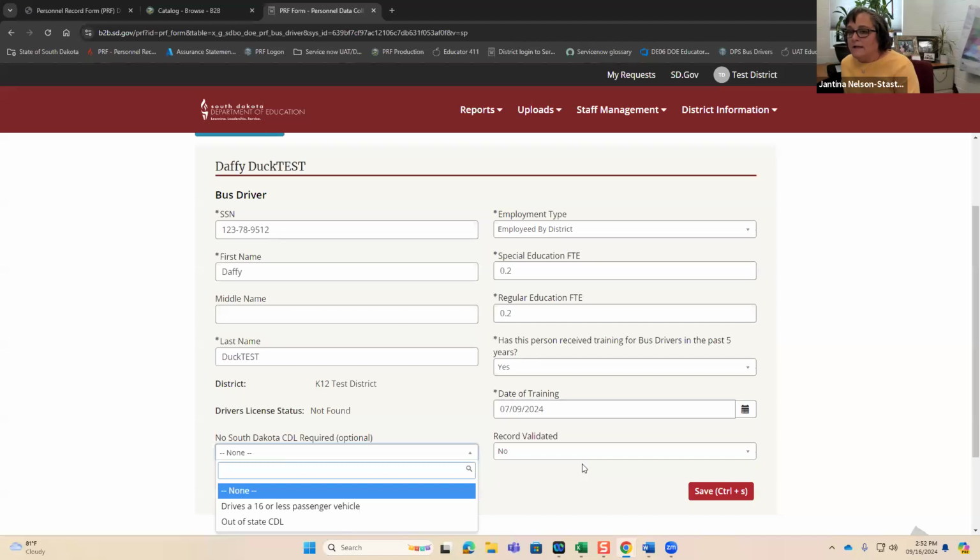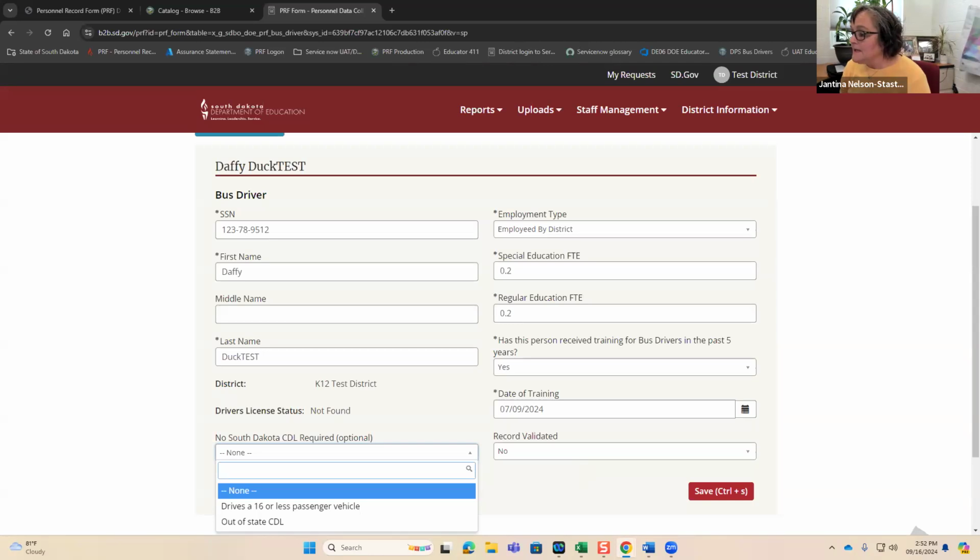We have put a ticket in to get that corrected. This is for those drivers driving 15 or less passenger vehicles, and for personnel who provide specialized pupil transportation, as per the student's individual education plan, their IEP.